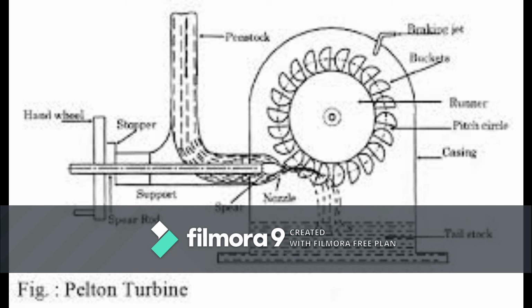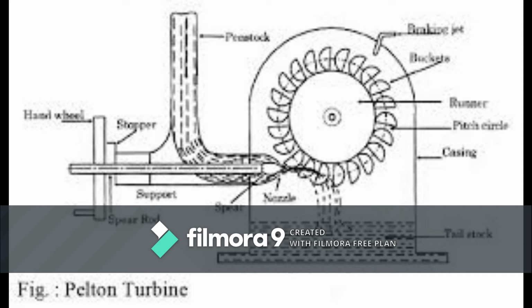Now, as I said, the water from the penstock, at a high pressure, is made to flow through the nozzle, where there is a decrease in area, so the pressure decreases and the velocity of flow increases. This velocity of flow strikes the blades on the runner wheel. So what happened? A force is exerted, due to the rate of change of momentum. This force makes the wheel rotate, which is mounted on a shaft. The shaft also rotates, which when coupled to the electric generator generates electricity.